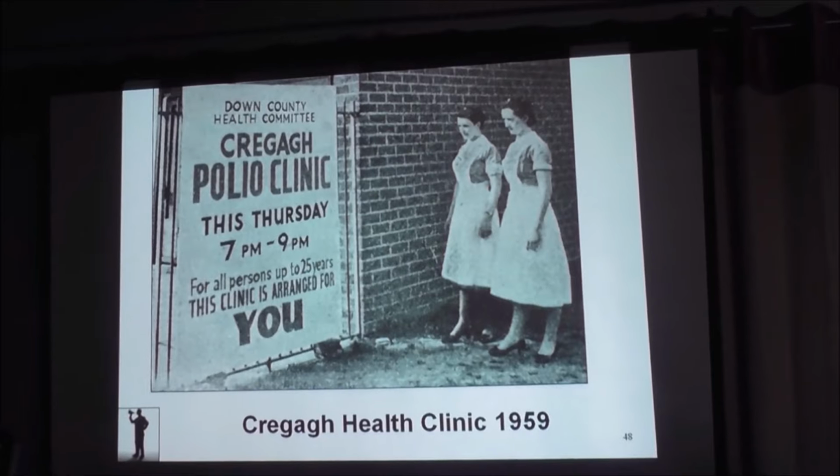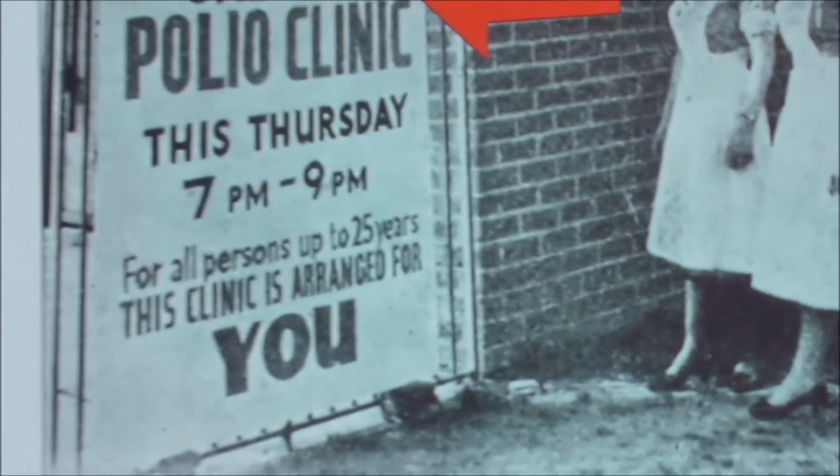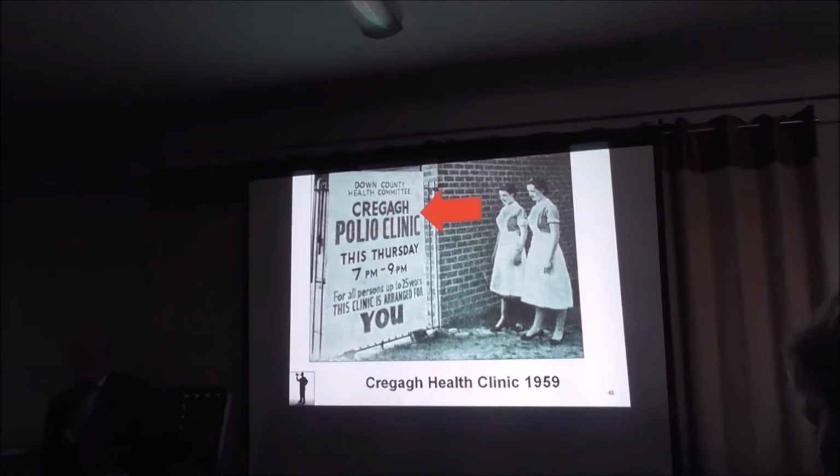Sad part of the story, of course, the Cregagh Polio Clinic. Now, if you're at Hillmount News there, which I recommend that you visit, just opposite there with the old health clinic, which it looks like it's all boarded up now, it's up for demolition. And way back in 1959, it was a polio clinic. And this is what the Belfast Telegraph said in 1959. It said, the Belfast polio outbreak